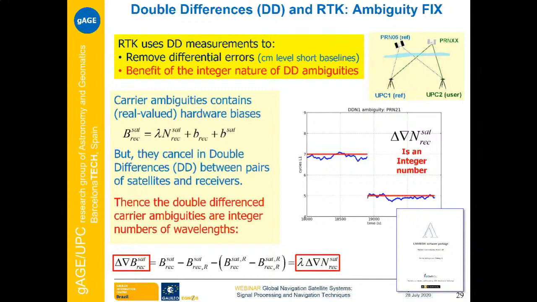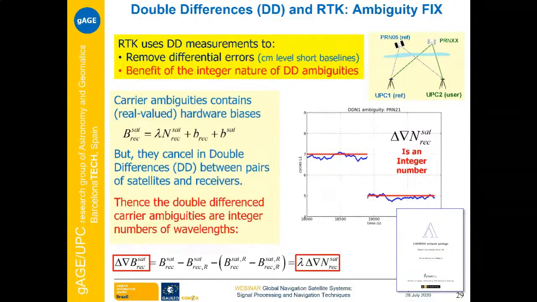But we have a problem with the carrier. We have to repair the carrier. We have to fix the ambiguities in the carrier phases. Then how to fix the ambiguities and how to perform this positioning. Here we have two ideas. On one hand, we have to remove errors in the signal.